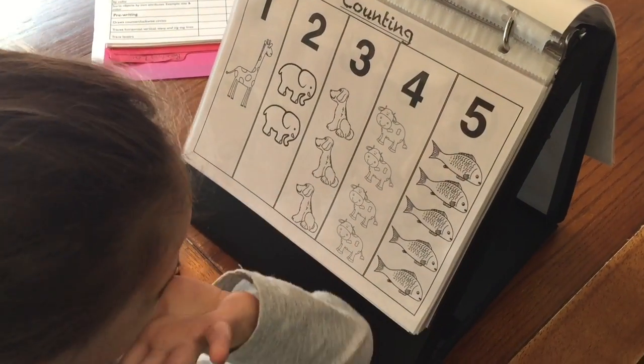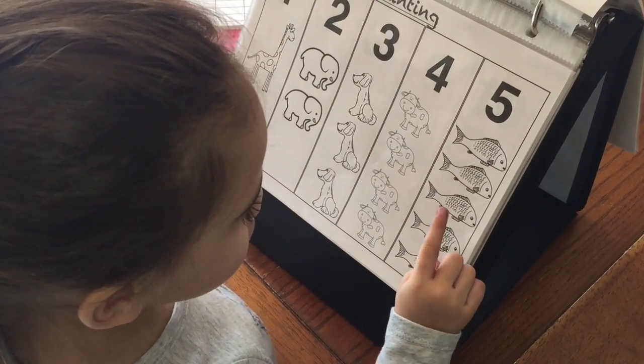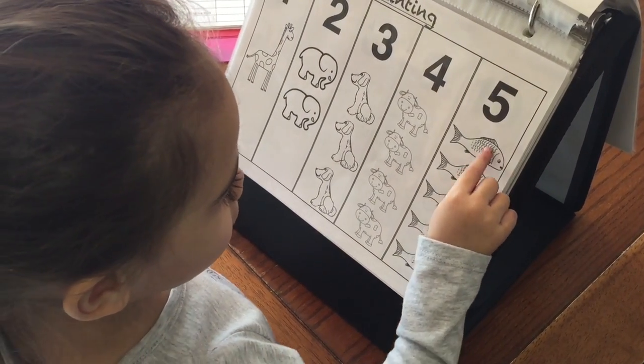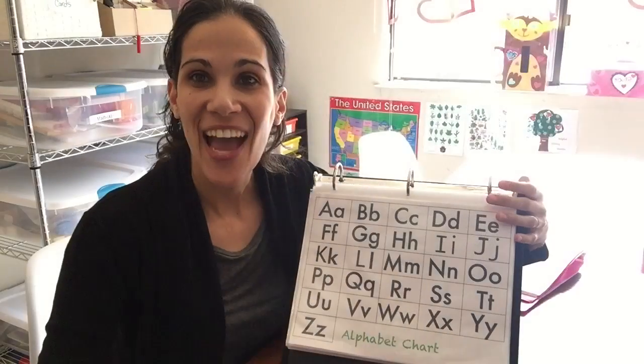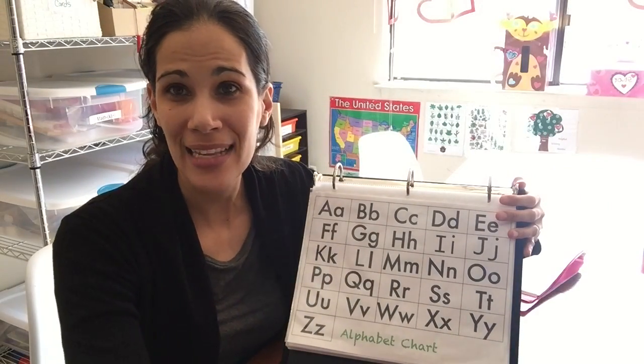Slowly, slowly, slowly. Go ahead. As you count, you touch. 1, 2, 3, 4, 5. Good job, Iris. Okay, so as you can see, you can use this Kindergarten Fluency Binder with many different age